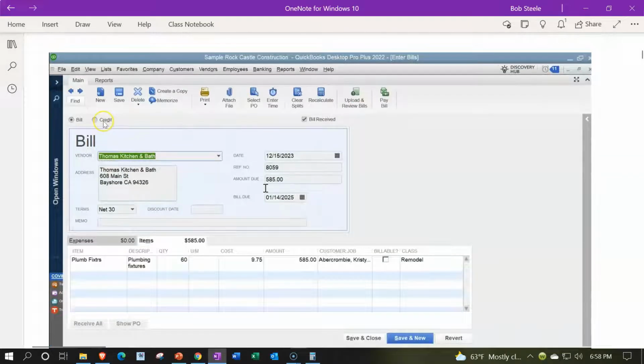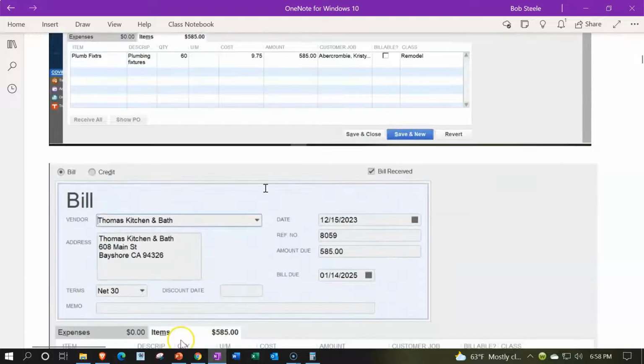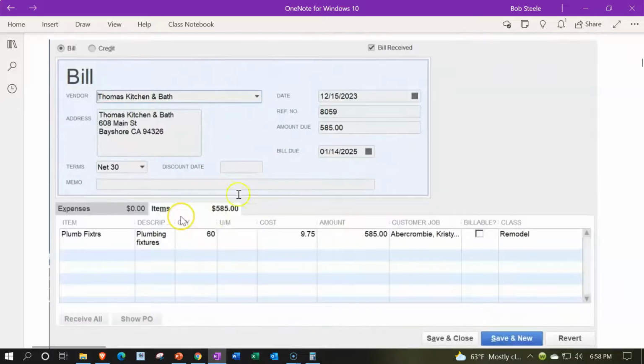If we open the bill form, it looks something like this. I'm going to scroll down one more time for a little bit of a closer look. It looks similar to a check, but the bill form means that we're increasing accounts payable instead of decreasing cash. We still have the vendor, as you would expect with a check, a date, the amount. Down below, we either assign an account on the expenses side, which would be either an expense account, utilities, telephone, for example, or we would assign possibly an asset account if we purchase a large item, such as property, plant,